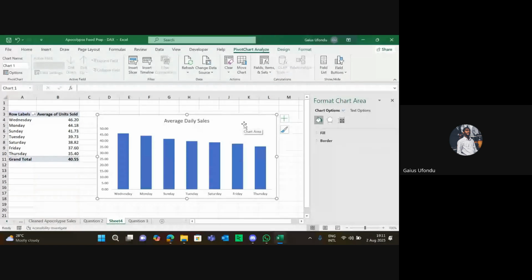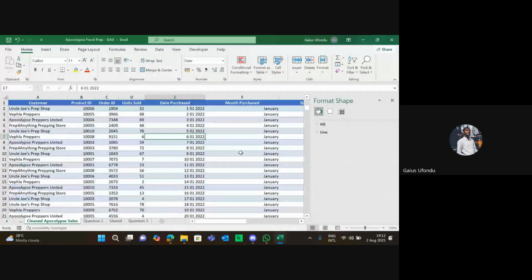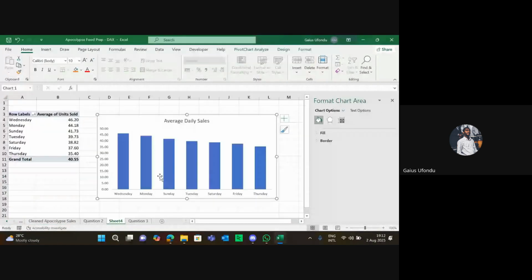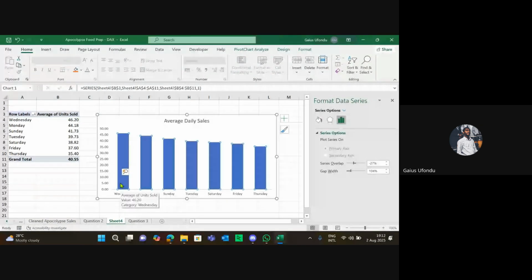As opposed to this, you could use a line chart if you want, but the essence of using this is because it's already in categories, Mondays to Saturdays. You only use a line chart when you are looking at time series data, trends over time, maybe from 2015 to 2017 over the months. But this data is very concise. You just have 24 columns, so I don't think a line would really suffice. I'm sticking with this, but if you use a line in your own, you are not wrong. From this, you can know that Wednesday is the highest average sales,